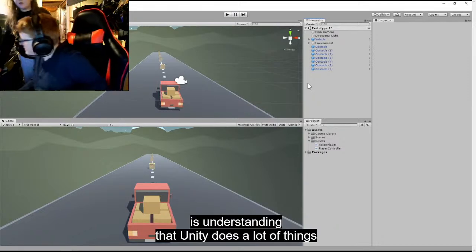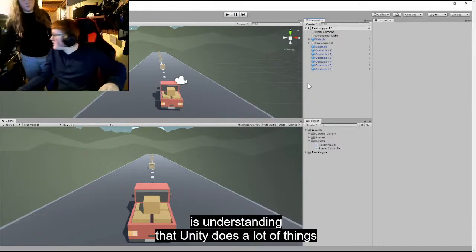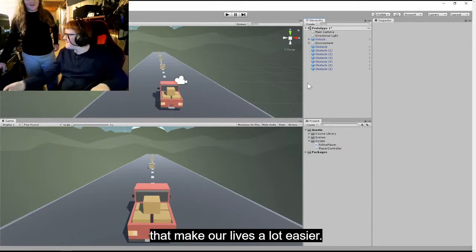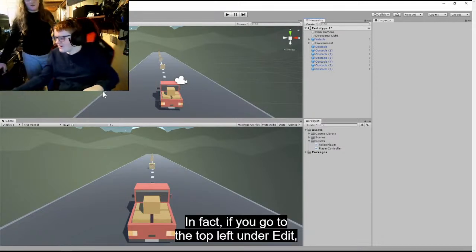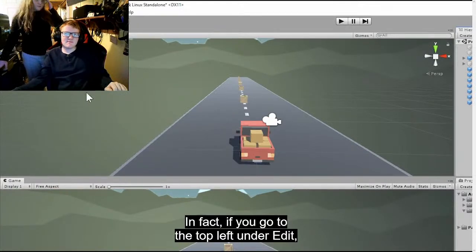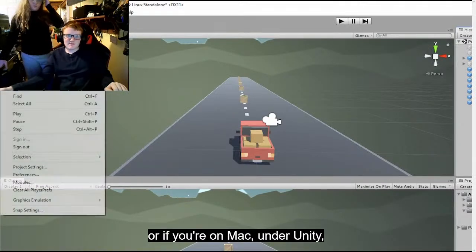is understanding that Unity does a lot of things that make our lives a lot easier. So, in fact, if you go to the top left, under Edit, or if you're on Mac, under Unity,